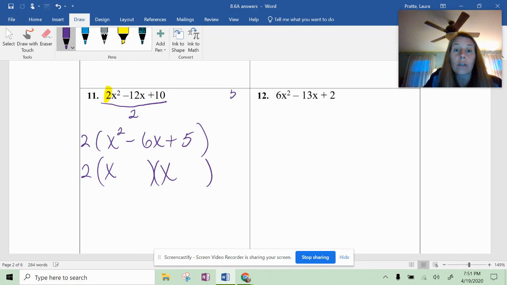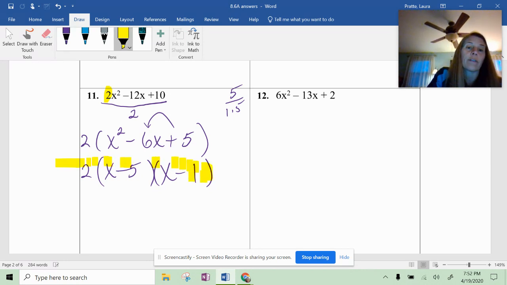You can just split up that x squared into x and x right away. Then all you need to do is come up with the factors of 5 that add to get 6. There's only one pair of factors, 5 and 1. And it's a negative 6, so they're adding, which means the sign has to be the same. They're both going to be negative to give you that negative 6, so it's x minus 5 and x minus 1. So this will be your final factored answer